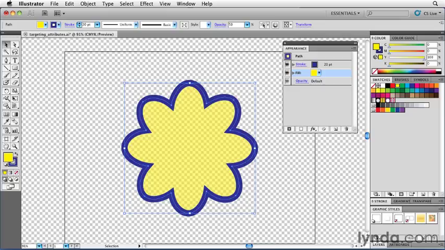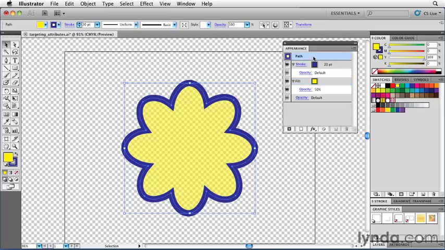of my selected object. In fact, if I click on the little twirl down triangle here inside of the Appearance panel, I can see that just the fill gets its own opacity value of 50%, although the overall object has a default opacity. And the same thing applies to the stroke as well. The stroke has no opacity applied to it as well. Now I'm going to click over here on the word path or on that target, so now the entire object